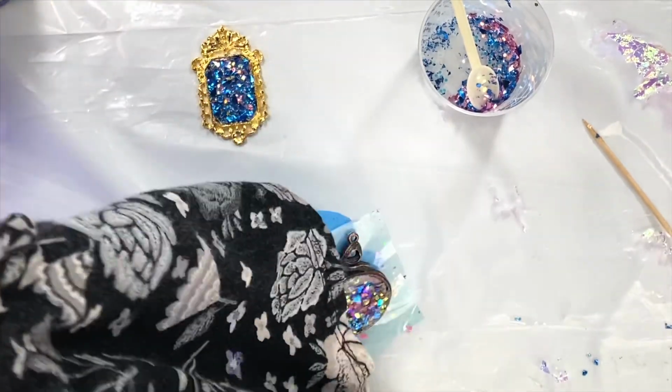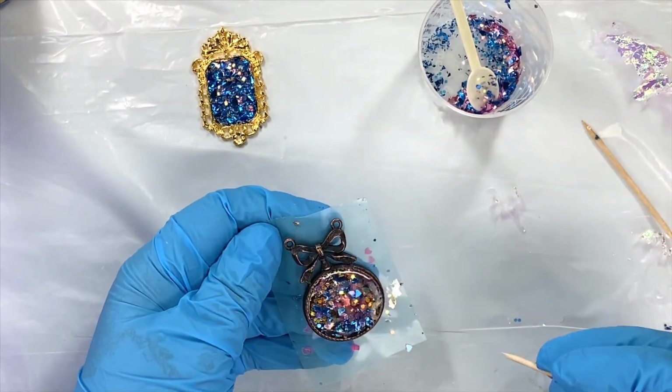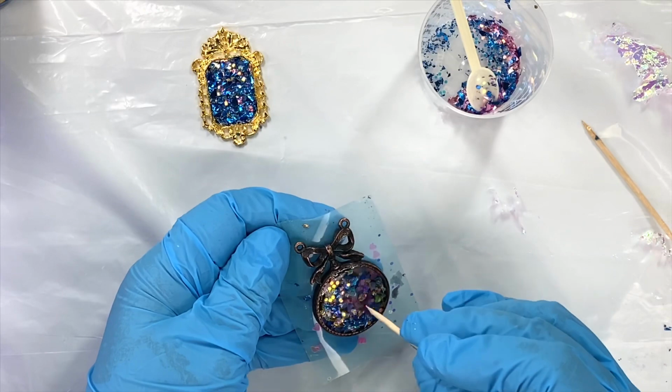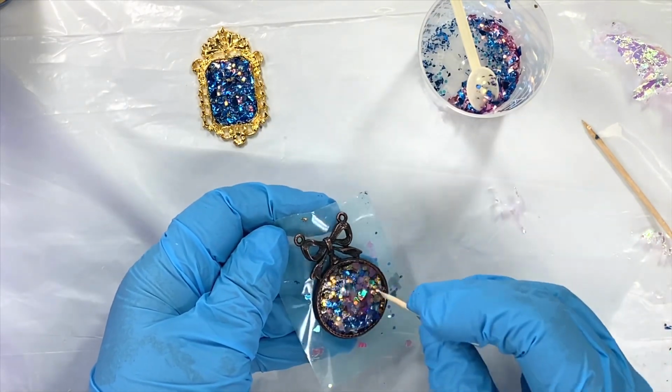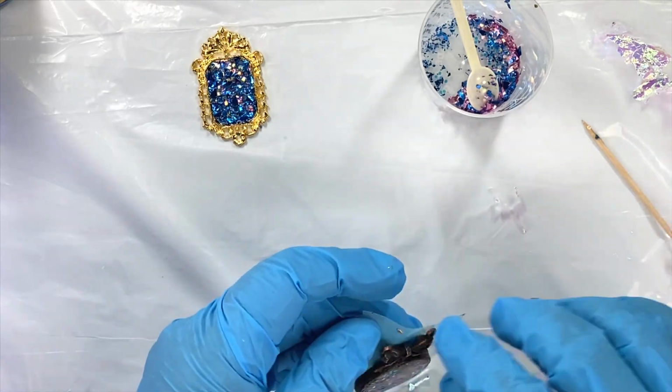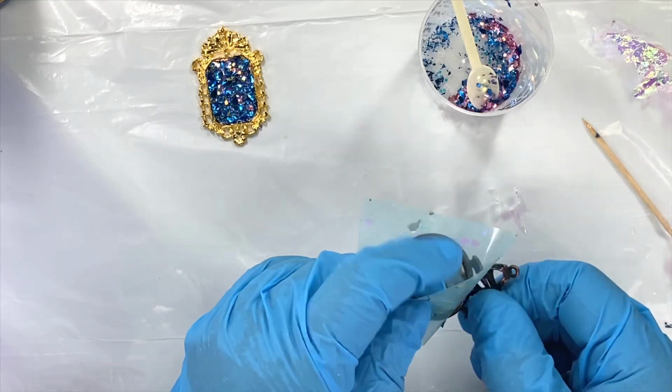So to tell if it's dry or not, since I have these gloves on, if I don't want to stick my finger on there, if it's not dry, then I'll have a big nasty mark. But I kind of tap at it, and it feels pretty good. Not gloopy coming up. So what I do now, since I'm done, I just peel the pet tape off